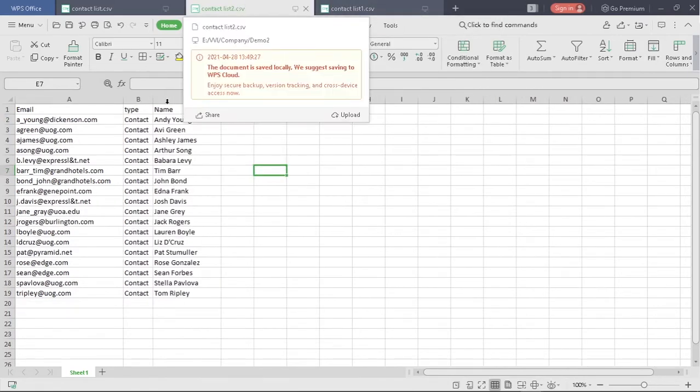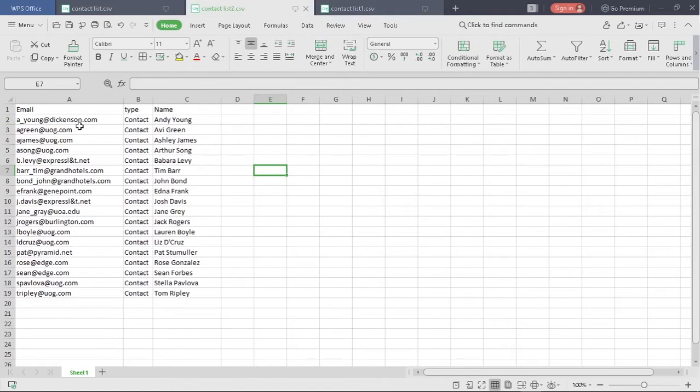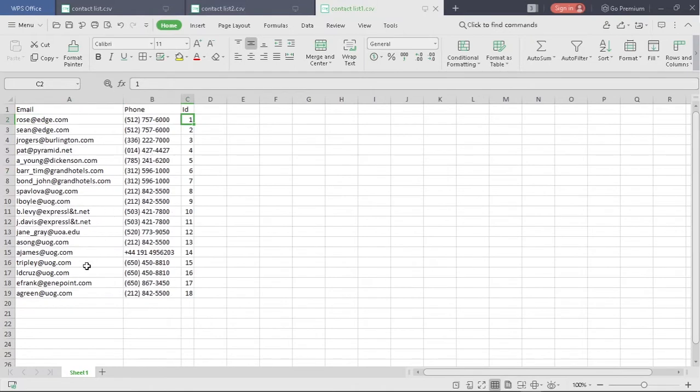But the problem is that these two files do not have the same order. Like here, this email is given first, but here this email is in some other place. So this is not in the same order.